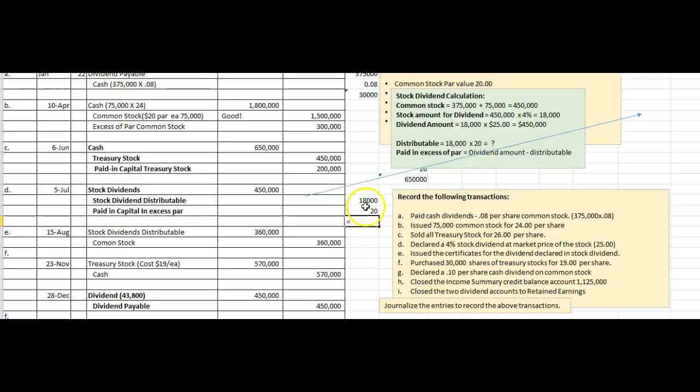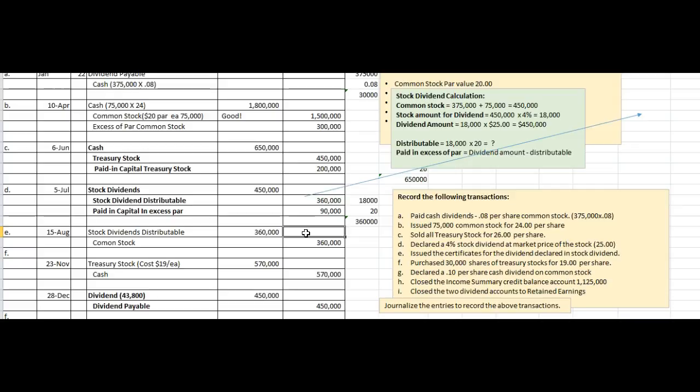And that comes to 18,000 times the 20, $360,000. So that's how much I can put into the distributable, but I have excess there. So the rest goes into paid-in capital, and that's $90,000. So that takes care of that one. That one's a little bit tricky. You have to remember you can't go over what the cost or the par is of the